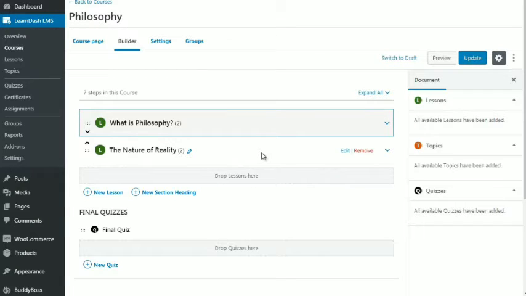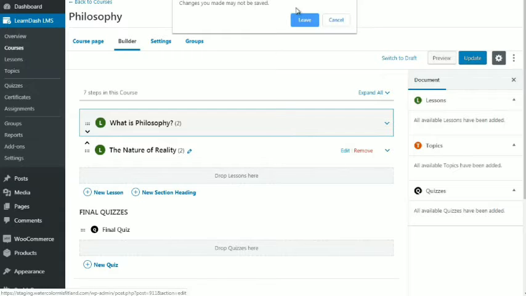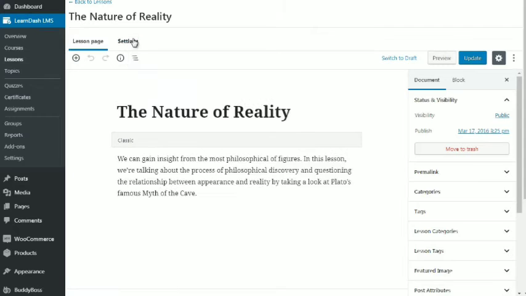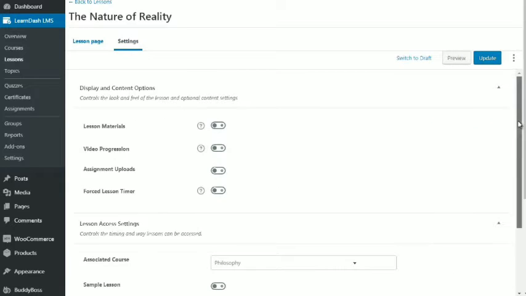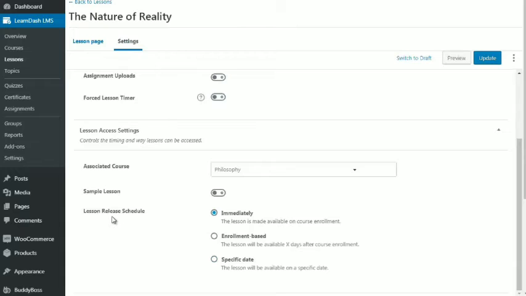To do that, it's really easy to do. You just click edit like that. And what that will do is it'll go into that particular lesson. And we want to go to settings. And if we scroll all the way down to the bottom, it's going to say lesson release schedule. So this is the drip feed option. You can either have the lesson be made available immediately. So by default, they're all going to be made available immediately. It says here, the lesson will be available X days after course enrollment, or the lesson will be available on